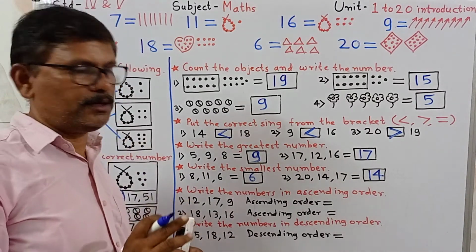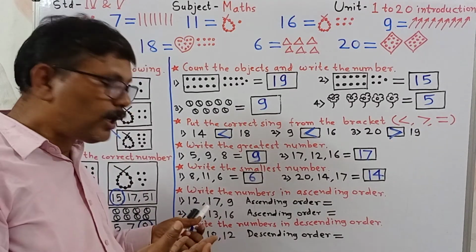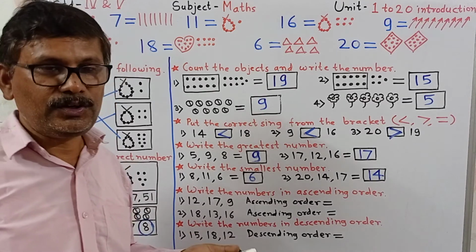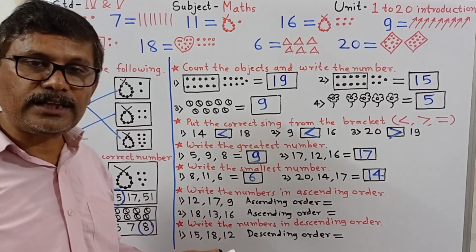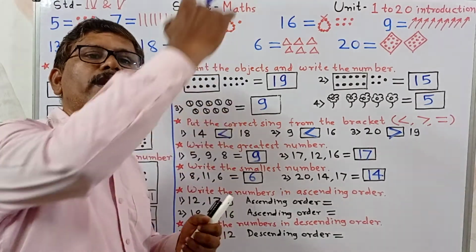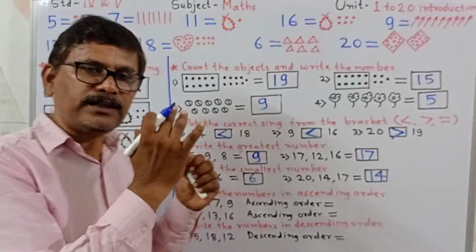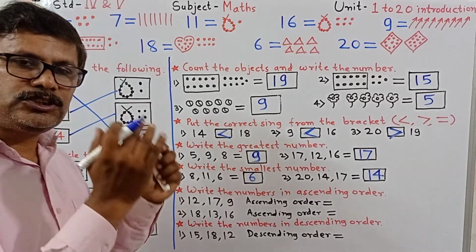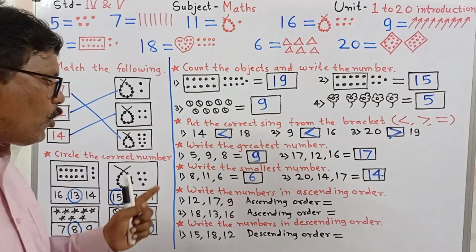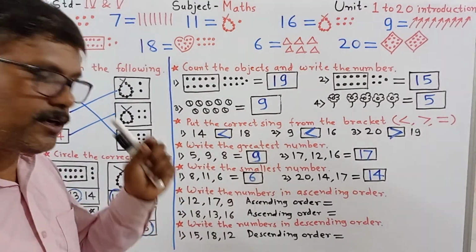first the smallest number. We know how to find out the smallest number and the greatest number. Means the ascending order is smallest to greatest. We must write first the smallest number and the last the greatest number. Okay. This is called ascending order. In Marathi it is called Chadta Kram.